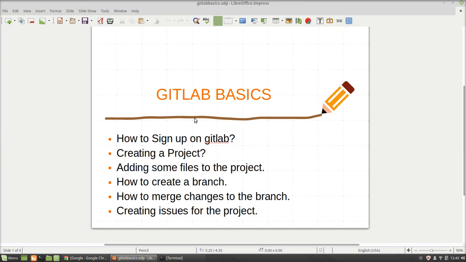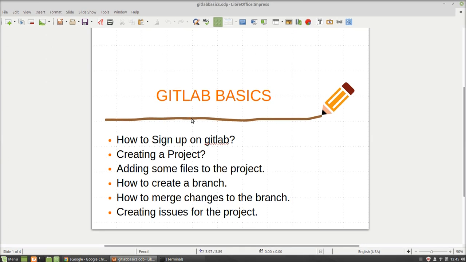Hello people, today we are going to discuss GitLab, one of the source control tools which is being used in most of the projects. GitLab is the source control which is used to store projects, and multiple people can work on a project from different locations globally. Today I'm going to show you some of the basics on how to sign